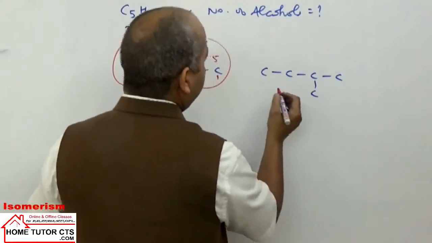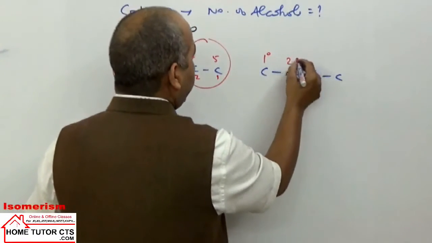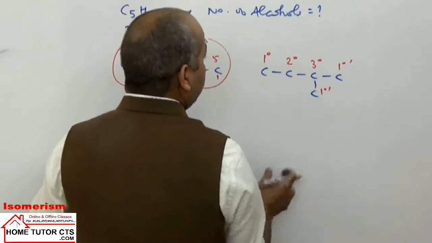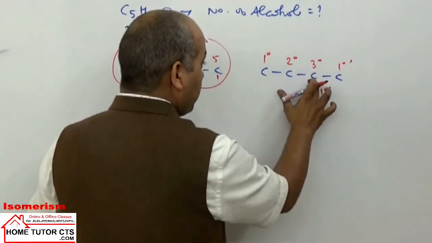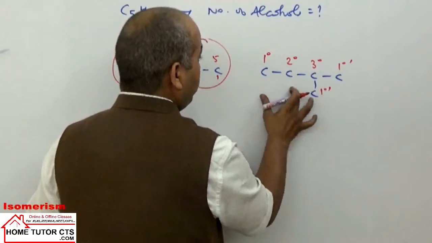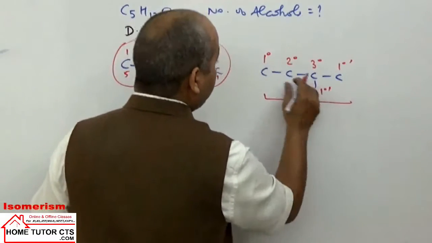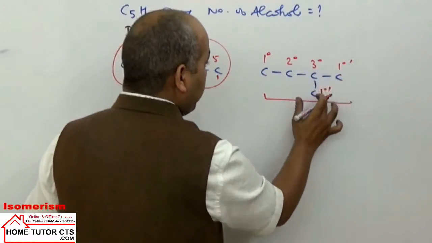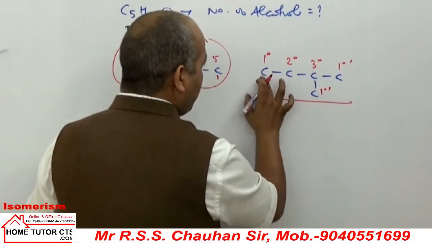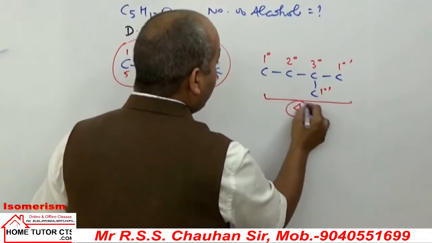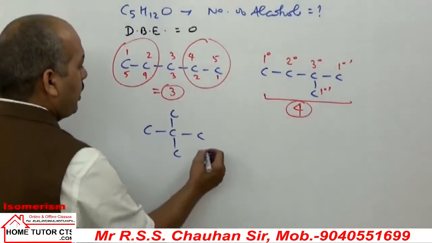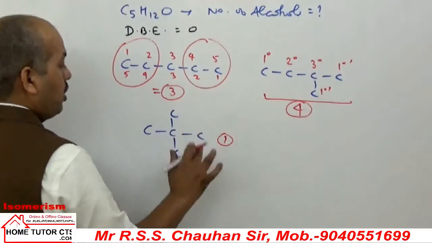Now next, in this case we can again write primary, secondary and tertiary alcohols. It is primary but a different primary, because these 2 carbons are attached to a tertiary carbon, whereas this primary carbon is attached to a secondary carbon. So it is different position-wise. How many alcohols are possible in this case? In primary you get 2 types: this is the same, this is different. So how many is that? 1, 2, 3, 4. We can have 4 alcohols possible in this chain. Here there were 3, here there are 4. Here, how many? Only 1, because this carbon has no hydrogen.